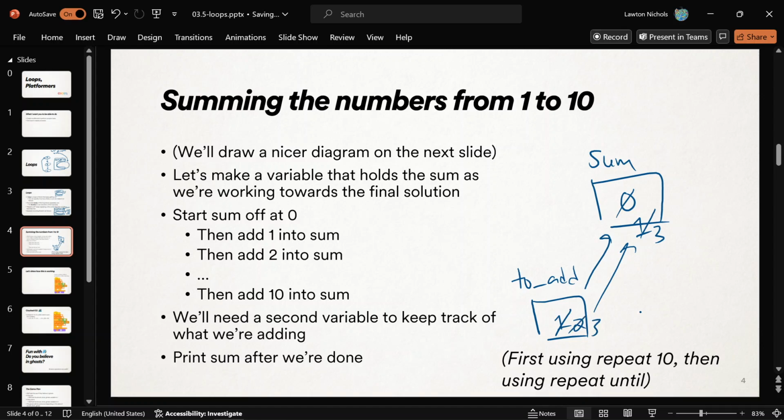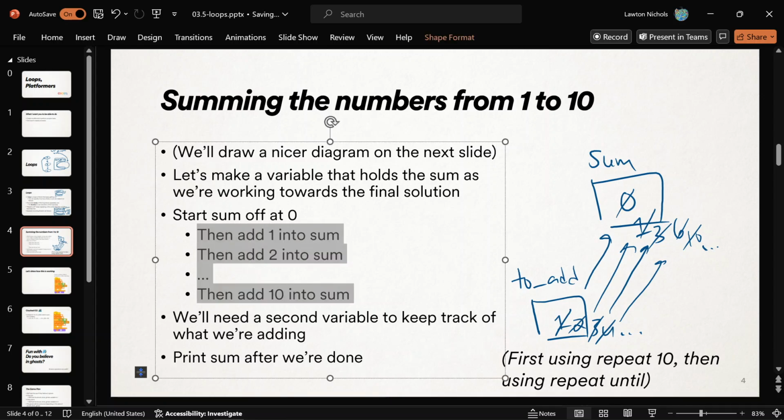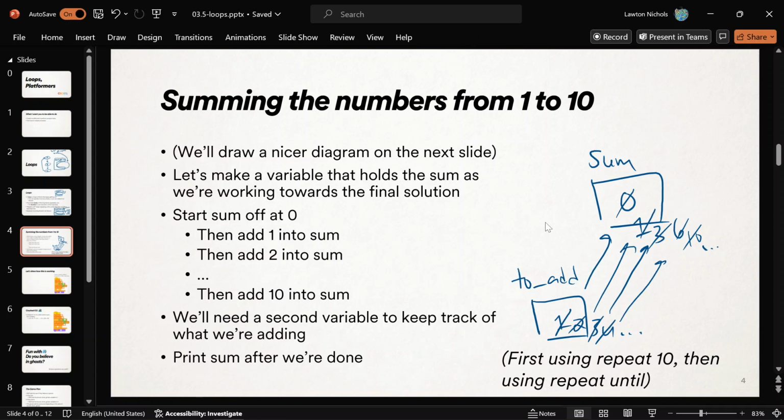And then once it's 3, we can add the 3 in. 3 plus 3, so now it's 6. Make it 4. Then add the 4 in, now it's 10. And eventually, right, we'll get to the final answer, which I think is 55. Don't quote me on that. We'll find out. But yeah, this is kind of what we're doing. Add 1 into sum, then add 2 into sum, all the way to add 10 into sum. And